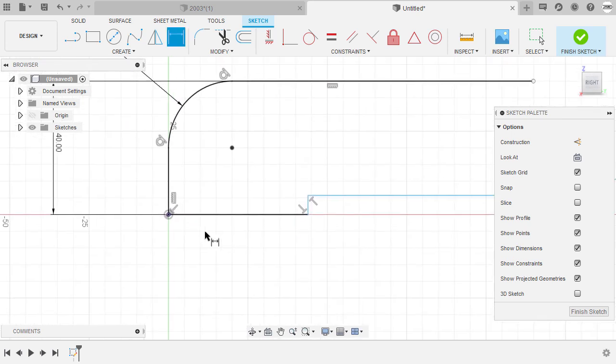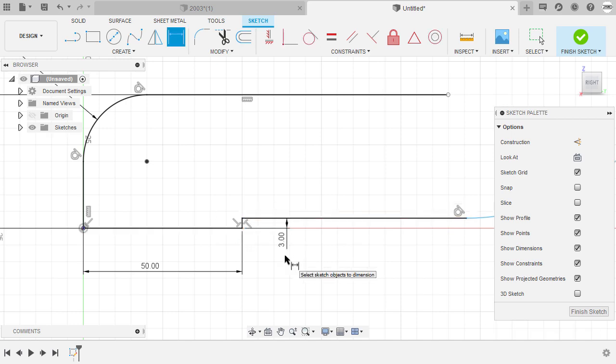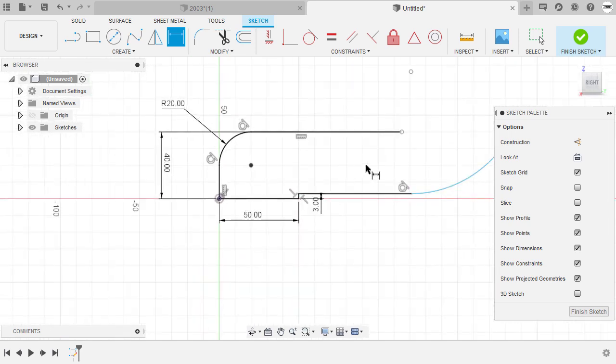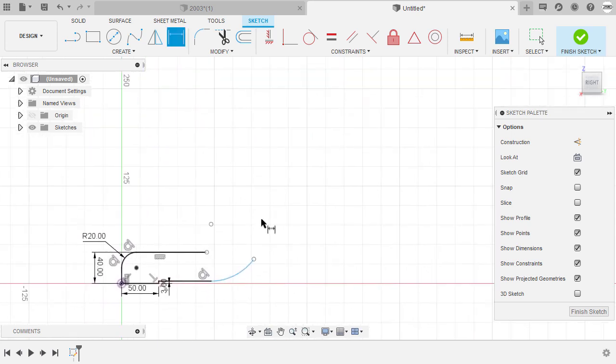Left click, key in 40. Next, let's dimension this vertical line and this vertical line. Place our dimension here. Key in 50. Next, the distance between this line and this line to be 3. Let's zoom out. And instead of creating the profile of the feature here, let's isolate this one by sketching somewhere